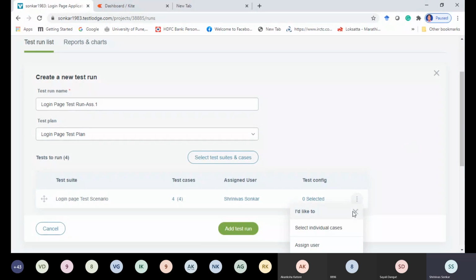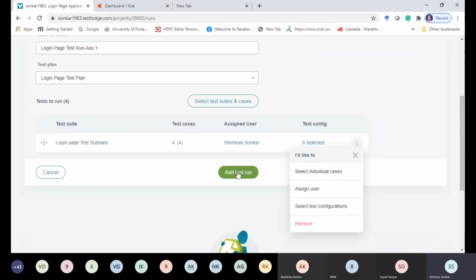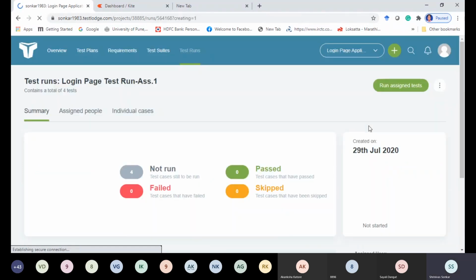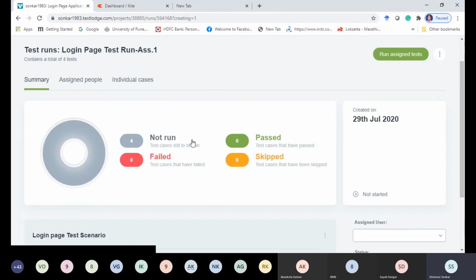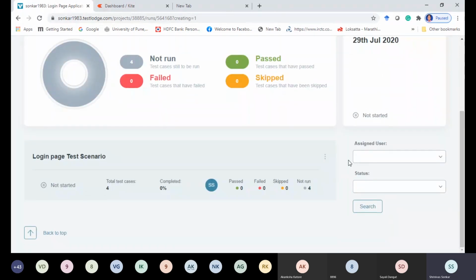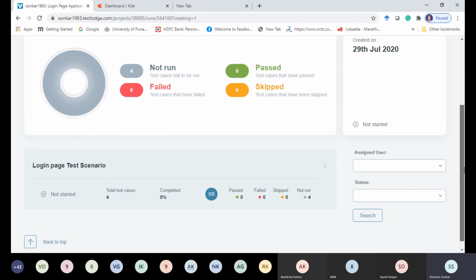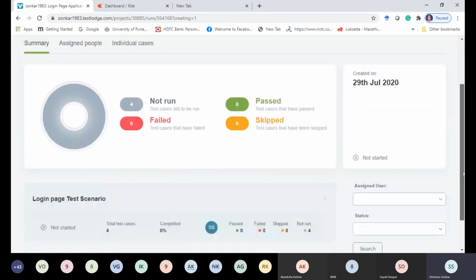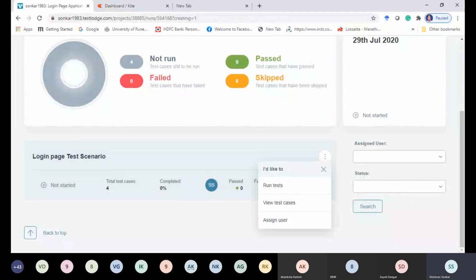Then we need to add this test run, the add test run button. Okay, now you can see here there are 4 test cases at this particular stage, not run, 0 failed, 0 passed, 0 skipped. Okay, fine. So the login page test scenario is still in a not started state. 4 test cases, 0% completed. So assigned user and pass, fail, skip cases, or the status, will be shown. Fine. Then you have the option run tests,